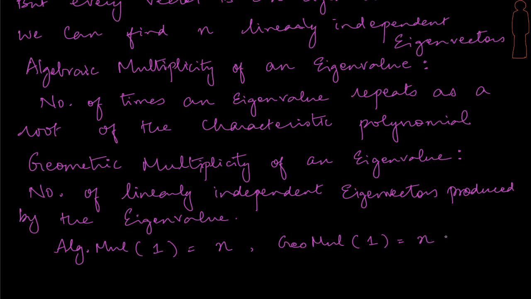But you can go back and check with the previous examples that we had done. There were examples where we had a single repeating eigenvalue, and when we substituted that in A minus lambda I, we were only able to produce a single eigenvector, though the eigenvalue repeated twice. Then there were a few examples that way. So, the algebraic multiplicity there is 2, but the geometric multiplicity turns out to be 1. But we are not going to dwell too much on this topic. We are going to leave this aside here and proceed to now look at the facts that we have got